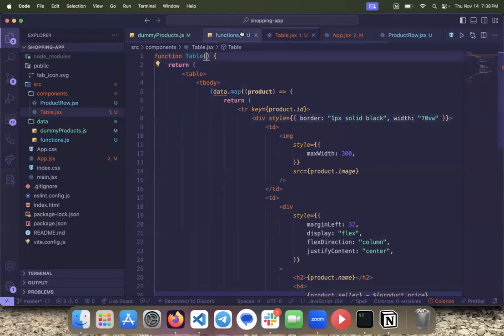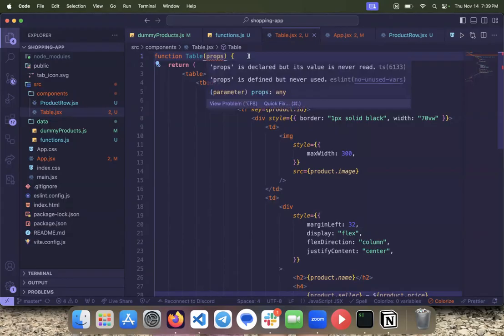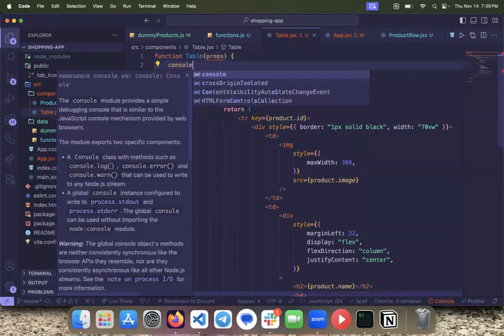Any function that is a functional component, you can pass in a properties object. You don't have to, you can leave it out. The cool thing about JavaScript is you can specify as many arguments as you want. And if you don't want to pass them, then you don't have to. So this property object exists if you want it. You don't have to use it. And if I console.log these properties,